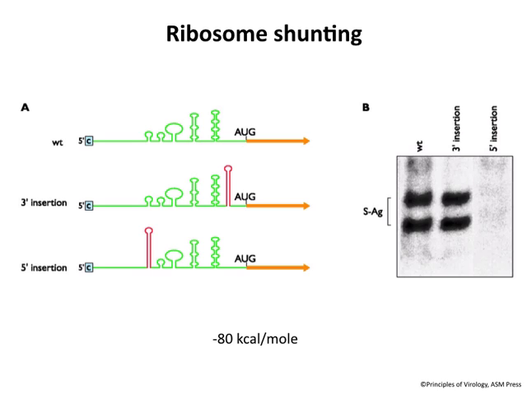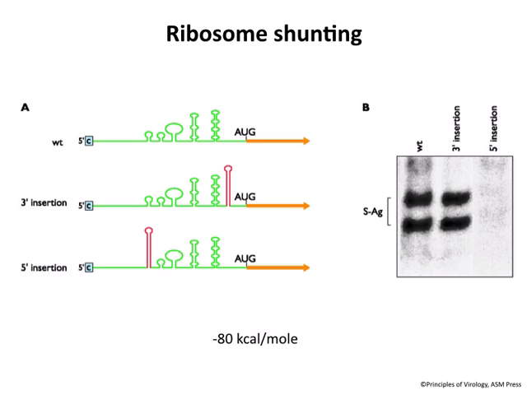Now, this is an experiment where a protein has been linked to this 5' non-coding region, and this RNA is translated in cells, and then the products are run out on a gel and probed by Western blot. So you can see the wild-type RNA encodes 2 proteins here that are made nicely. Now, if you put a stable stem loop structure at the 5' end here, and that's shown in red, this is very stable.